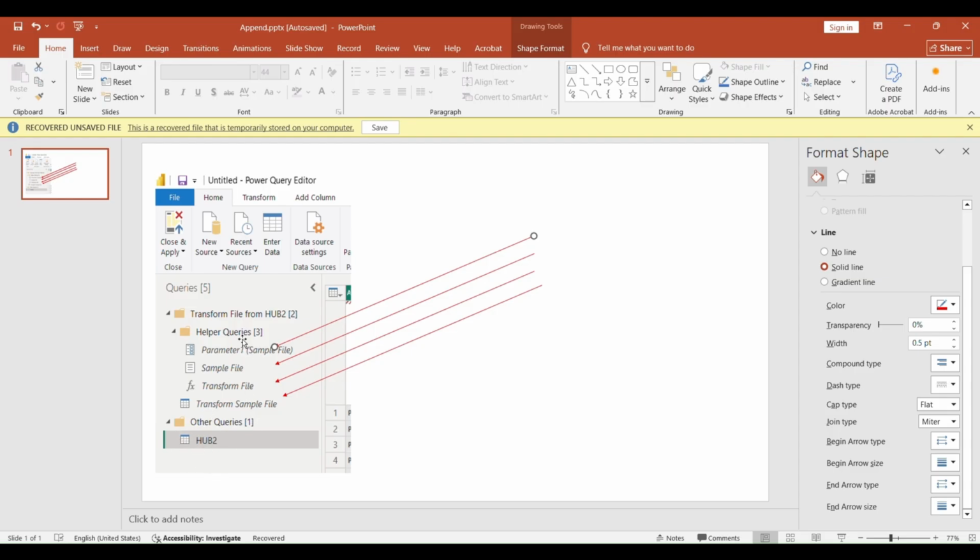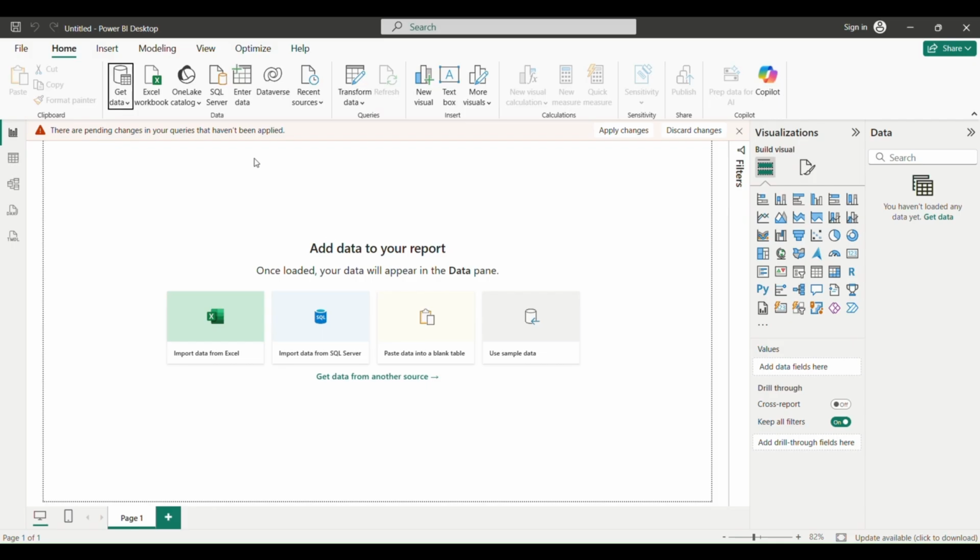Dealing with all of this, depending on how we set the parameter, you could encounter some issues. To avoid this, I'm going to show you another way.